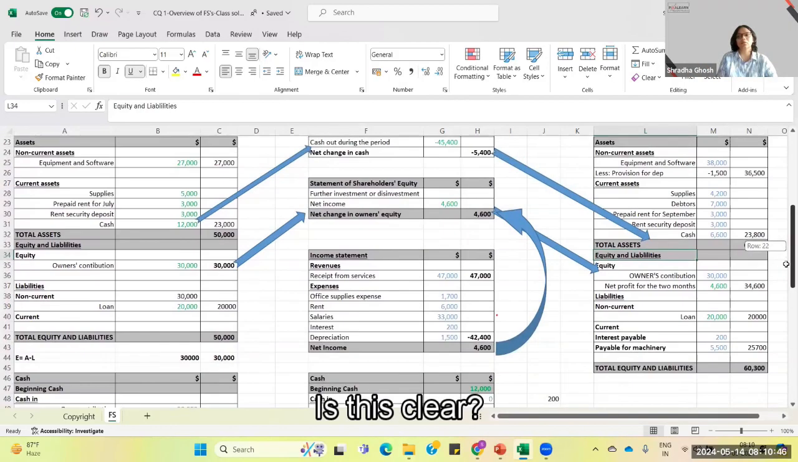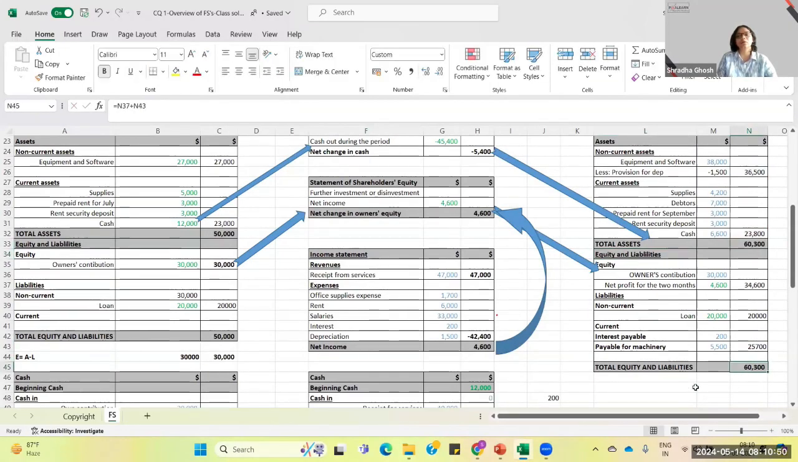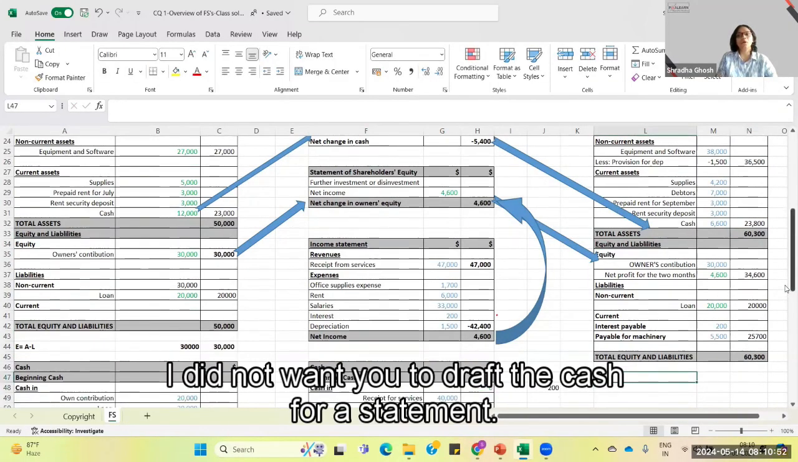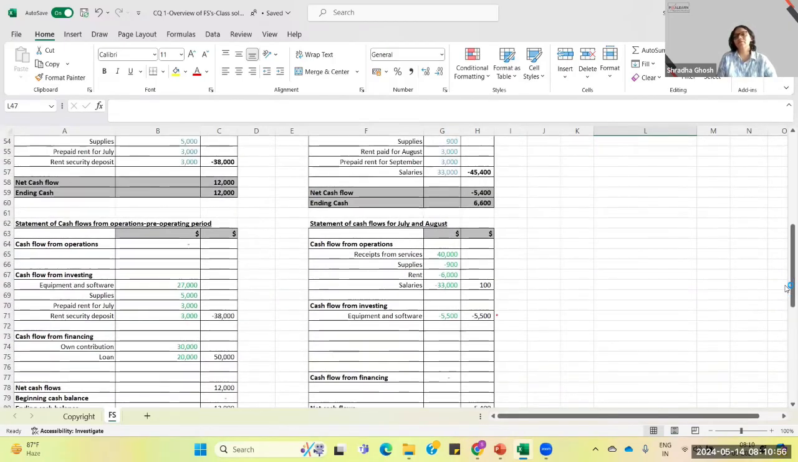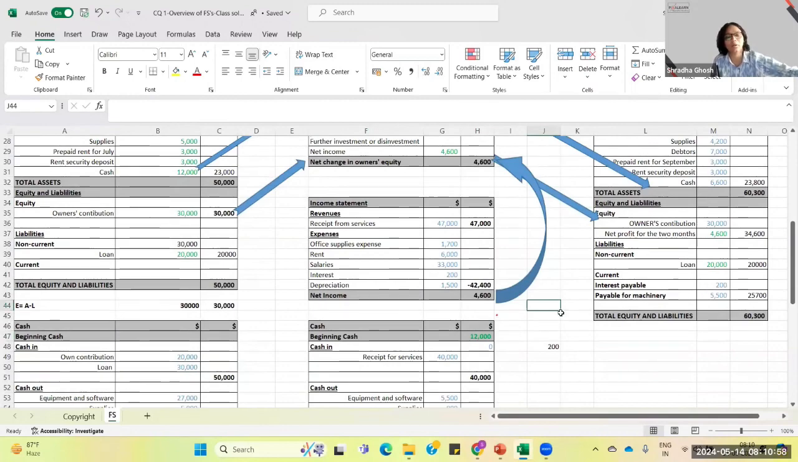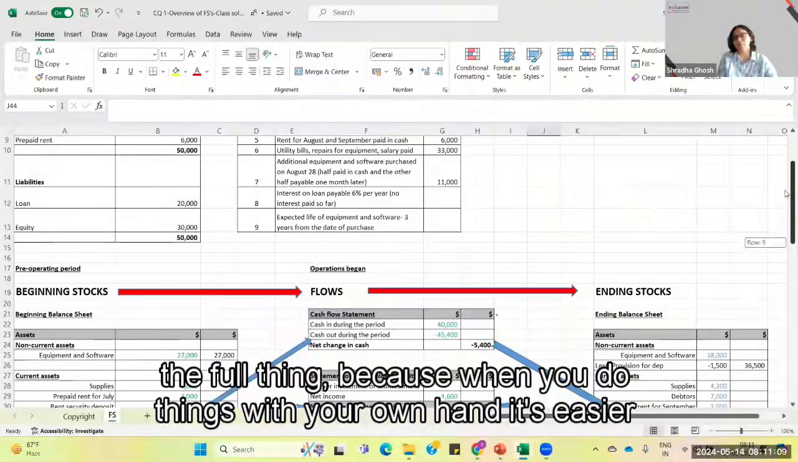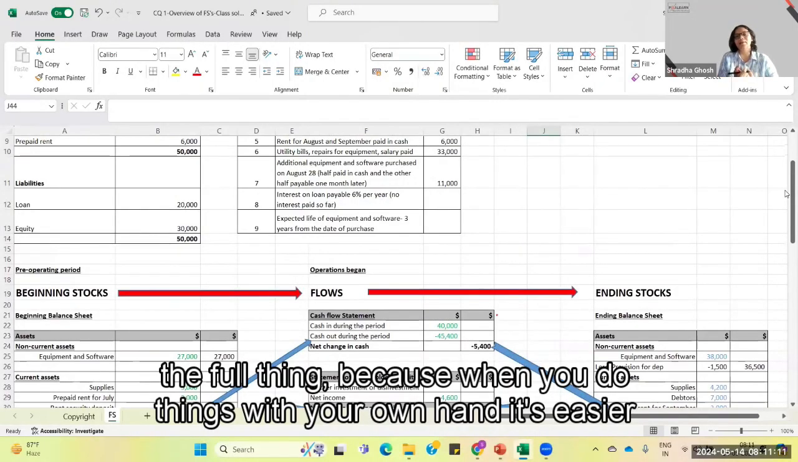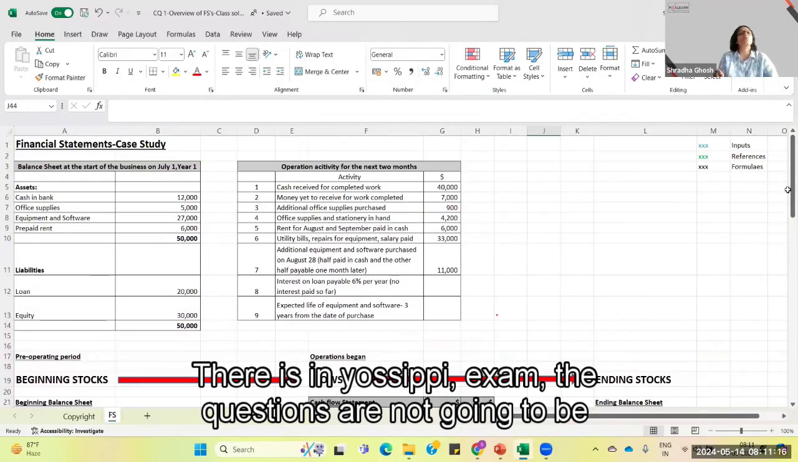Is this clear? The ending balance sheet should be 6,300. I did not want you to draft the cash flow statement now. Is this clear to everybody? The purpose of this was to help you visualize the full thing, because when you do things with your own hand, it's easier. So, okay, guys, in your CPA exam, the questions are not going to be difficult, but